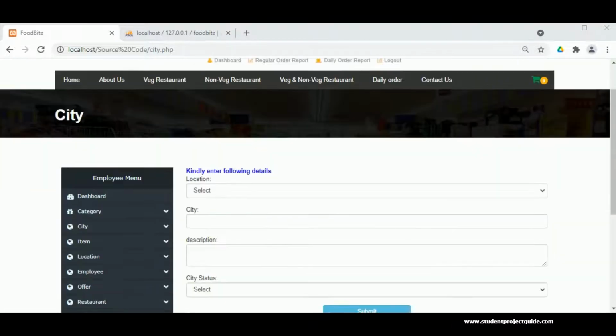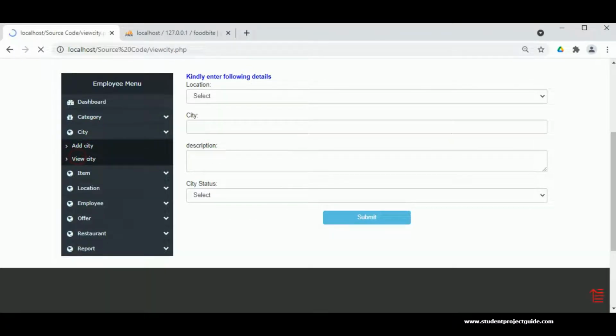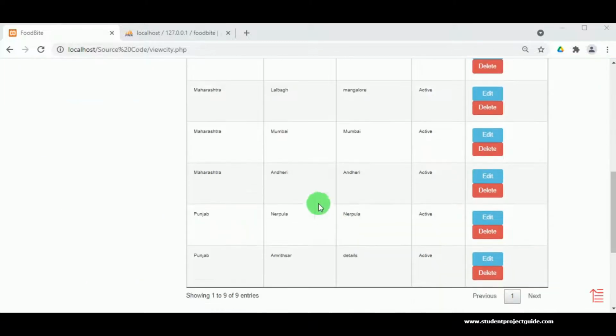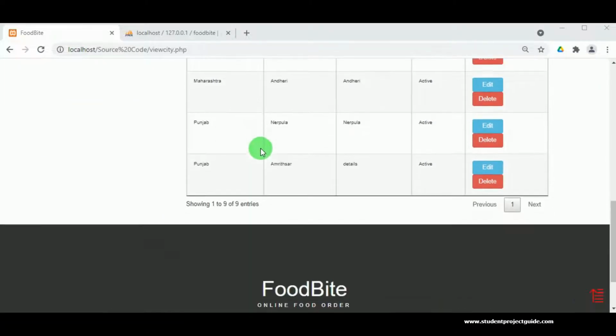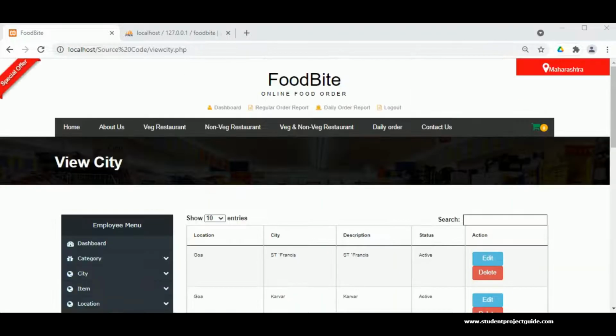The added cities can be viewed under View City. Admin also has the right to edit or delete the city records.